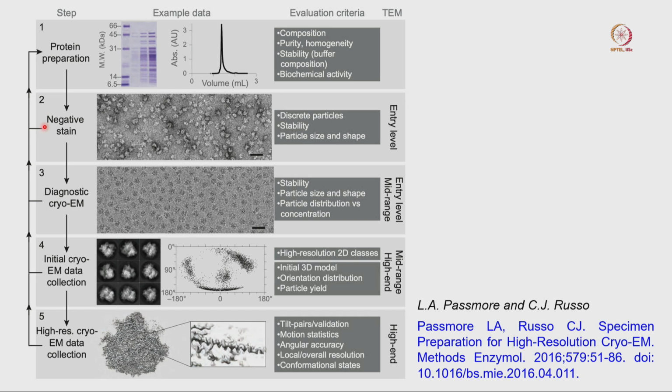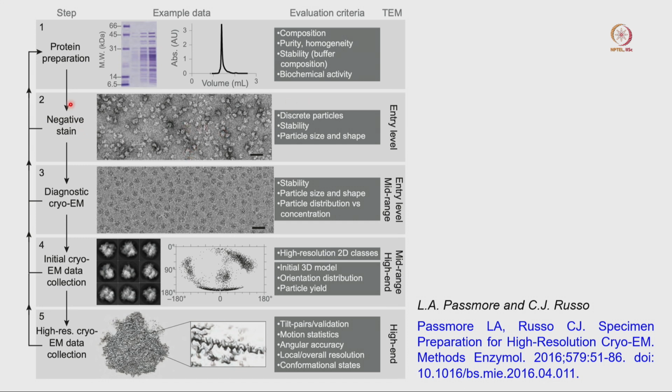What is the next step? The second step, as I mentioned, will be the negative staining TEM. So, here you can see this is a negative staining TEM. We will discuss these things more, where you can see this is the background and these white molecules are your protein, and these are the black patches, basically that is your staining solution.